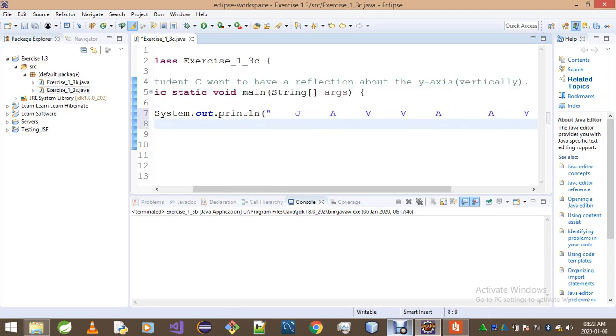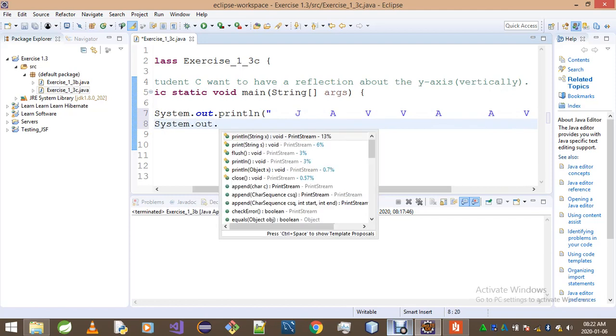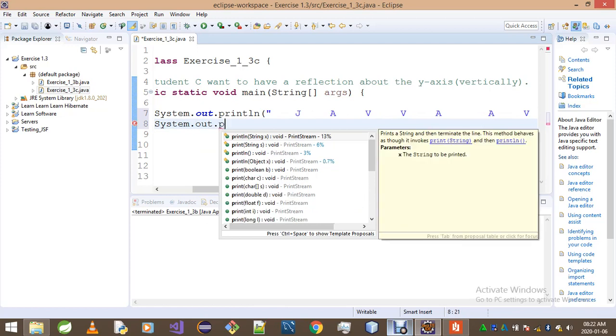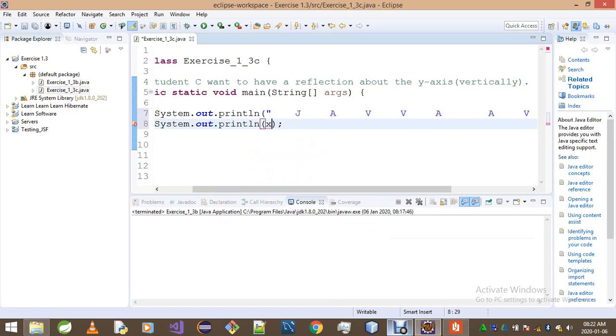Now we go to the next line. System.out. This machine. I told you guys, I can't even do my work properly because this thing is way too slow sometimes. Thank God though, for now